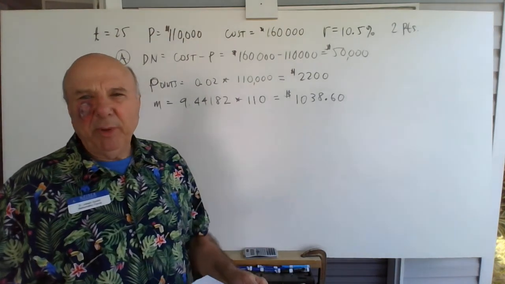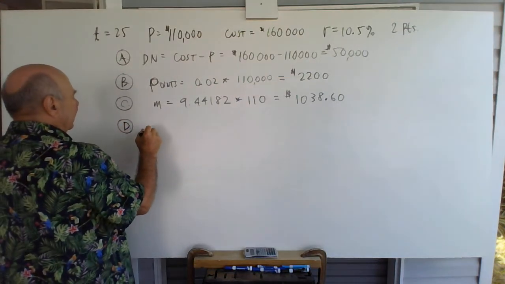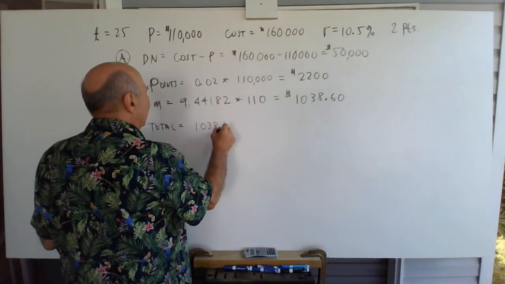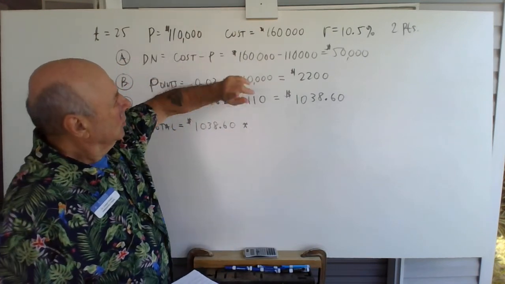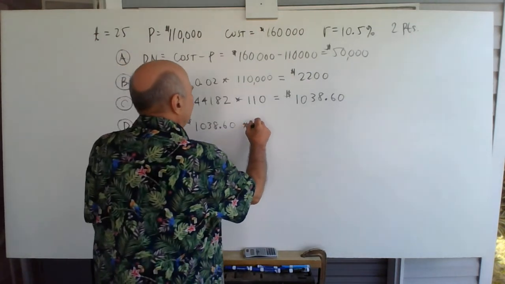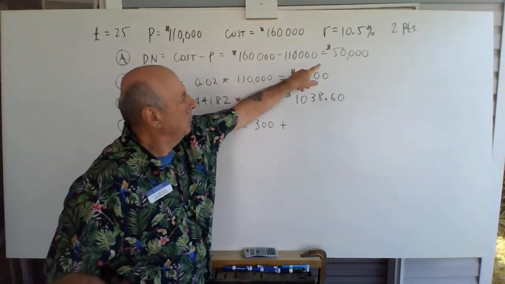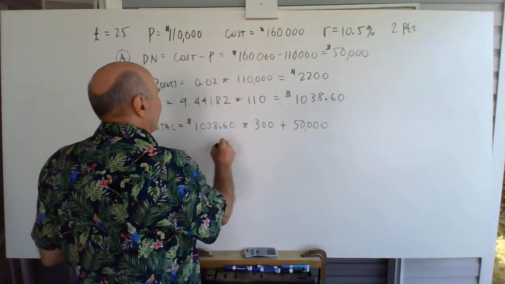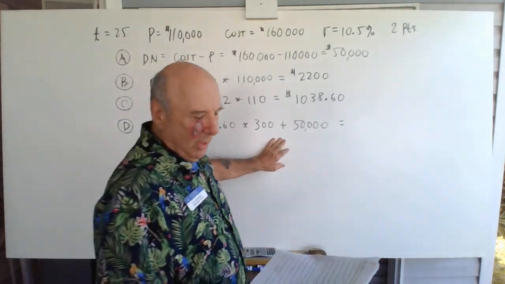So what's the total amount the Bells will pay for the house? Once again, we know the monthly payment, so the total cost will be the monthly payment times the number of months. Well, 25 years times 12 is 300. That's 300 months. Plus, what else do they pay? They paid the down payment, $50,000. So if you do the calculator work here, you'll get